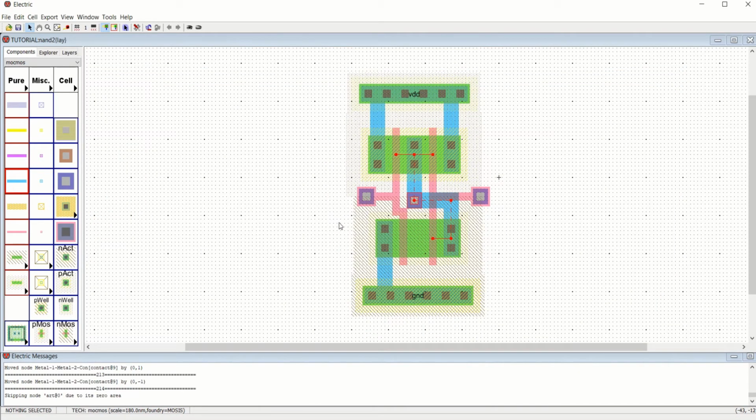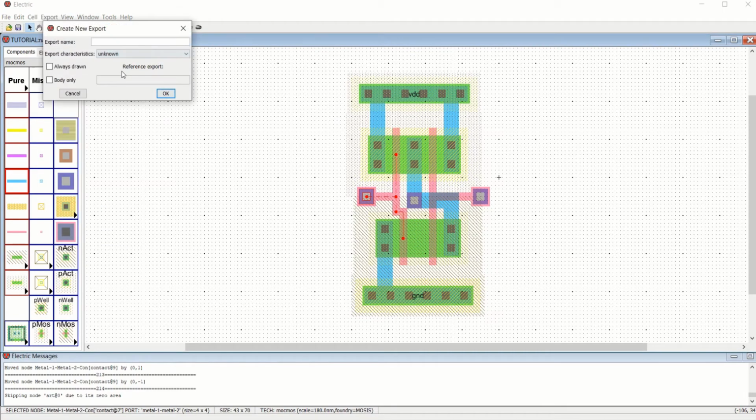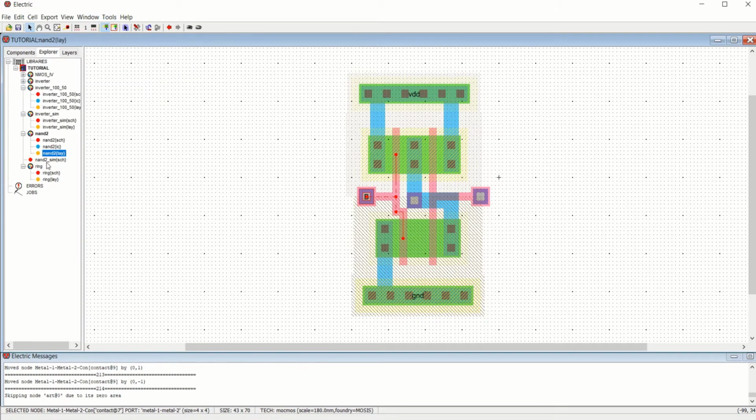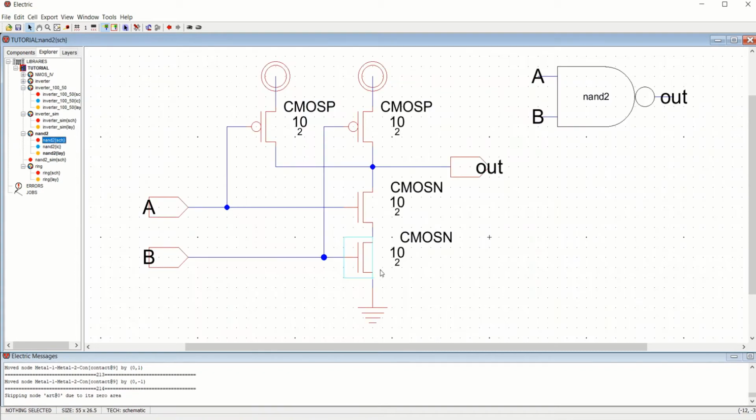Okay, now you try to export these pins as B pin. Why I am placing B pin? Because if you see that in the schematic, B is located near to the ground.